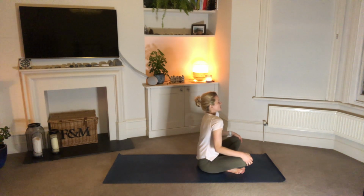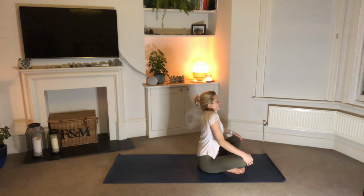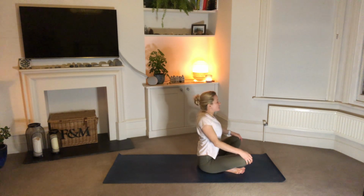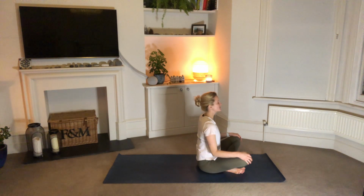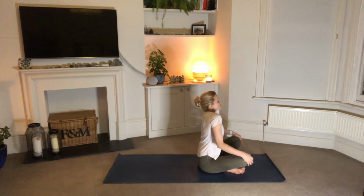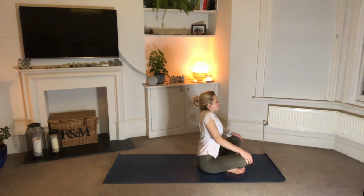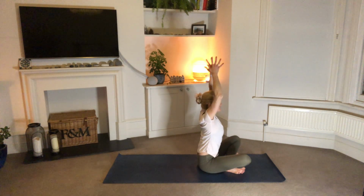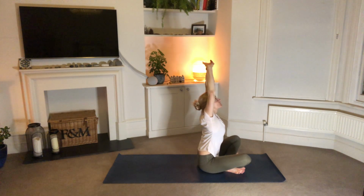Good, deep inhale, lifting up to the ears. Nice elevation of the shoulders. And then exhale down. Good, last breath in. And then rolling them out. Good, sweep the arms up to the ceiling, interlace the fingers, and then lift the chin, look up, push the